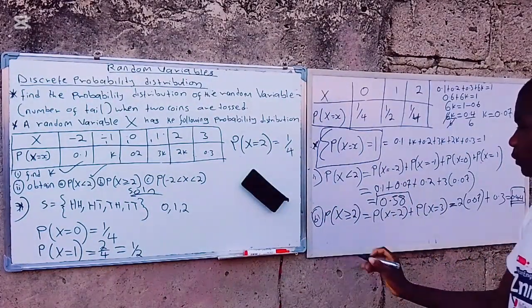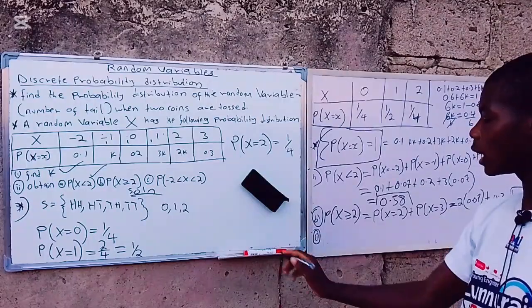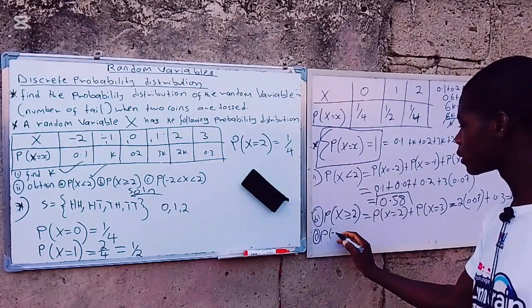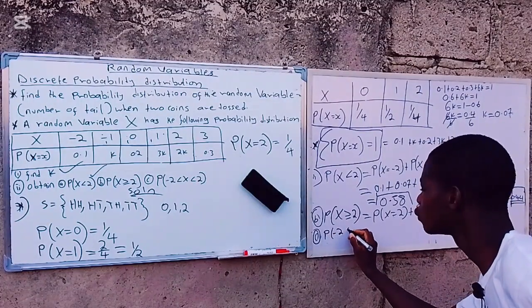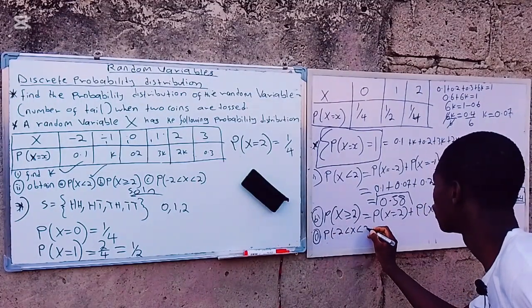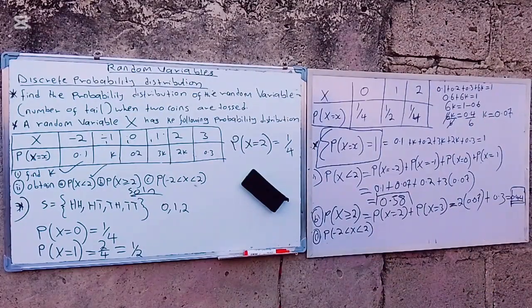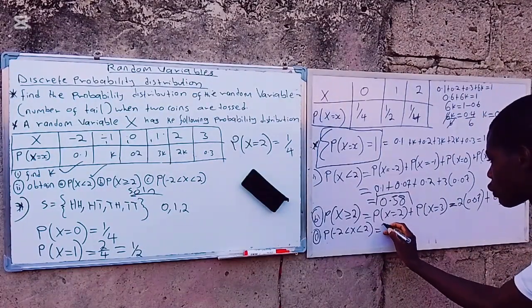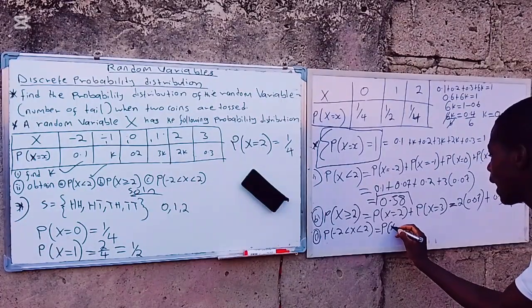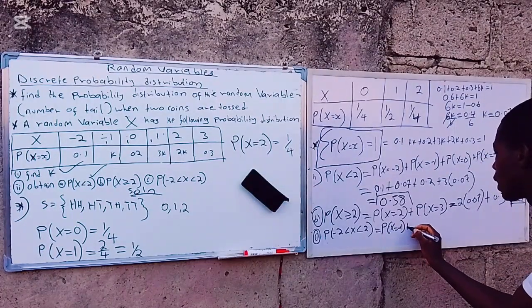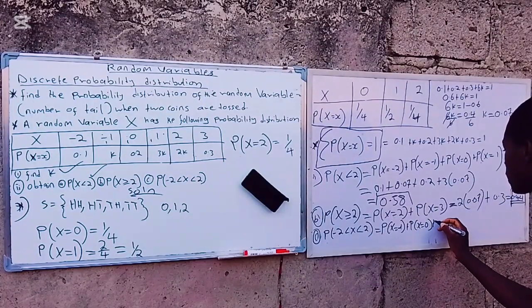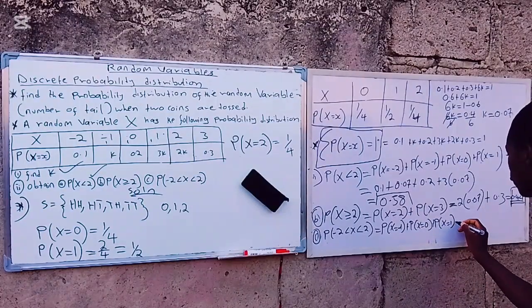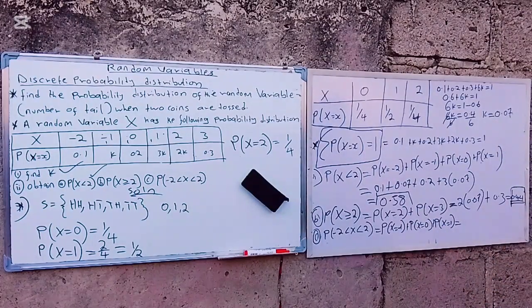That's all. So I have to say the C, the last but not the least, which is the probability of -2 less than x less than 2. This should now be equal to the probability of x equals -1 plus the probability of x equals 0 plus the probability of x equals +1. This should now be equal to, for -1, which is k,